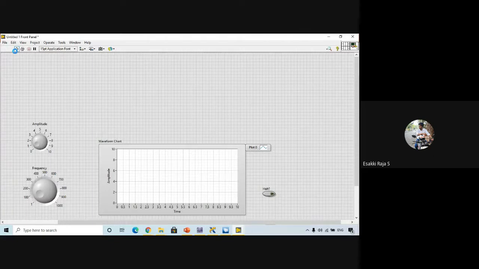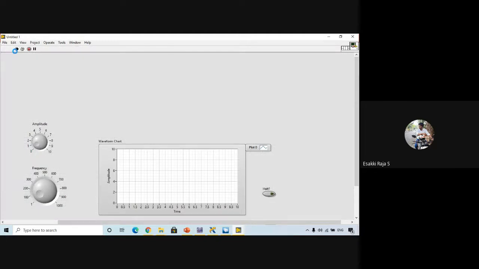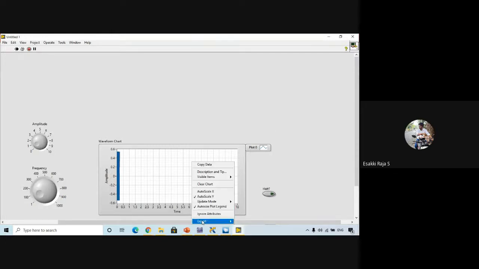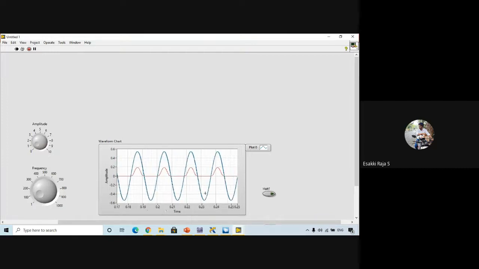As I already told you, it will take some time to start the simulation. Yes, it started plotting. So let me enable the auto scale.